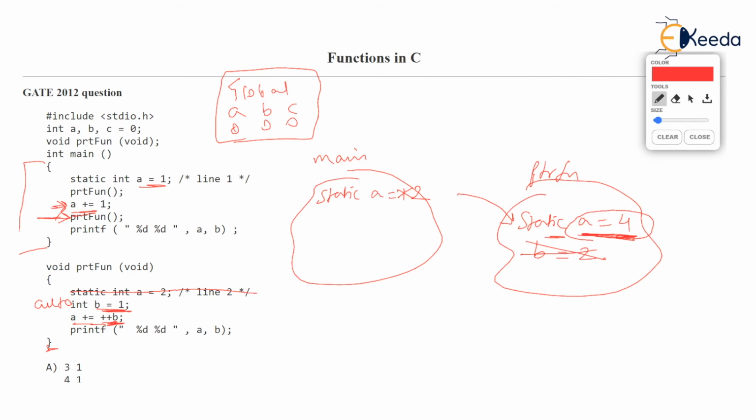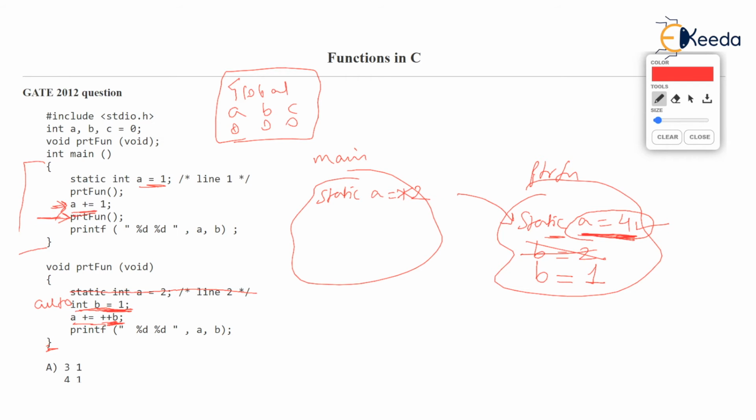A will be 4 because the previous value of A was saved as A was static. The next line is the declaration of B. B becomes 1. Now a new B is created again. B was last time destroyed because it is an auto variable, and B is 1 again. So every auto variable is created when the function declares it, and is automatically deleted when the function ends.